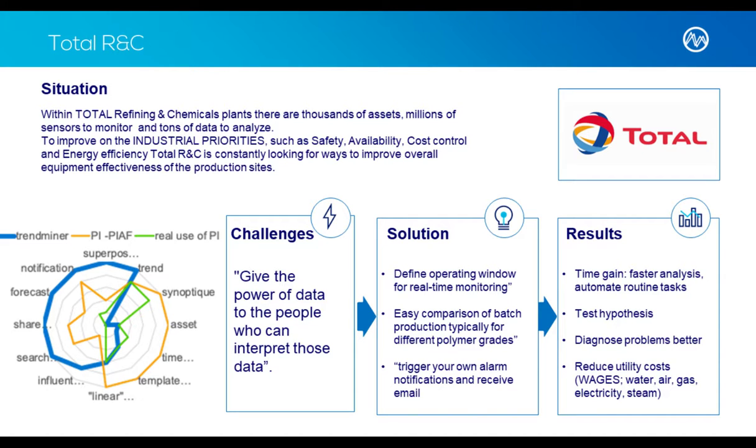As you can see, the blue line right here in the spider chart represents the strengths of TrendMiner, and the green and orange lines represent the strengths of the data historian, OSIsoft in this case, that they had in place. OSIsoft, by the way, is one of our major partners. These tools are really complementary, right? Historians are great at capturing data and historizing it for the long term. TrendMiner can really build on the analytics aspect, and they both work together very strongly.